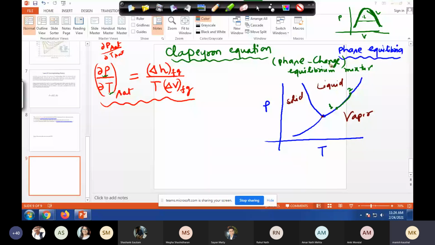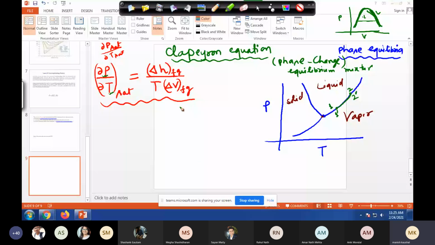Now let's say from the liquid side we go 1 to 2, and from the vapor side let's say 1 to 2 dash. We know both are the same, but just because we are moving on the same line, eventually we'll remove this 1 dash. 2 equals 2 dash. Okay, fine. Now can anyone tell me quickly, since we are talking about phase change, we know that temperature and pressure are going to be